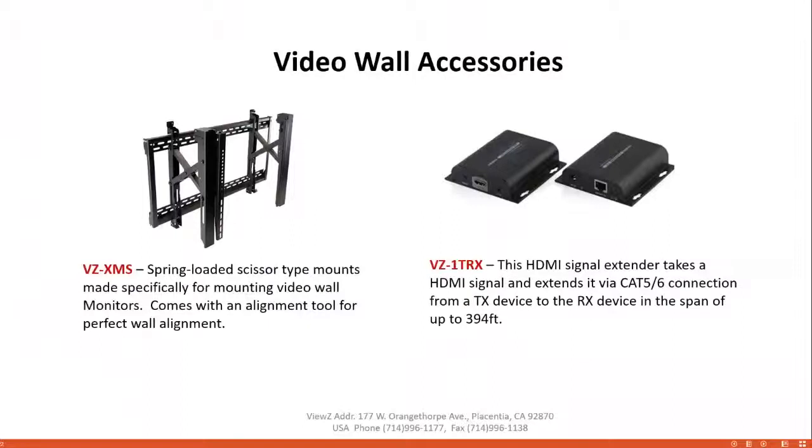Now going over our video wall accessories. So XMS, this is our video wall mounts that I've designed and made specifically for video wall applications. These are spring-loaded scissor-type mounts, so they actually are made to pop out. When you have your video monitor mounted on these, you can basically push on the monitor and it'll